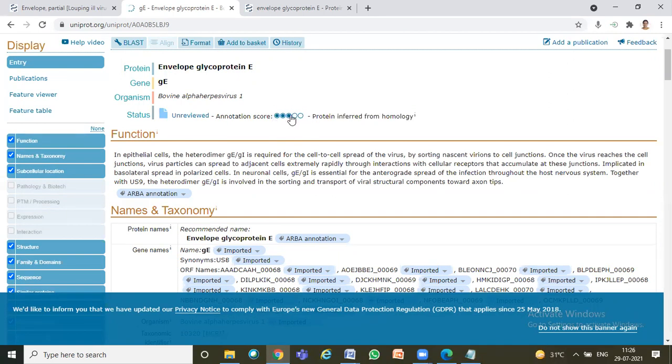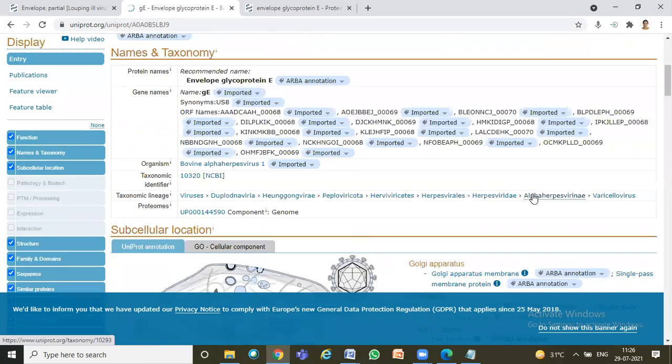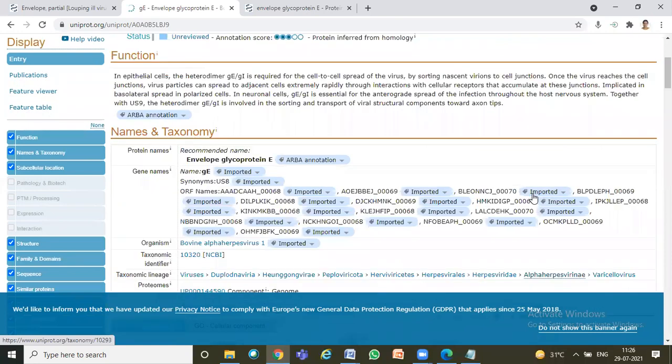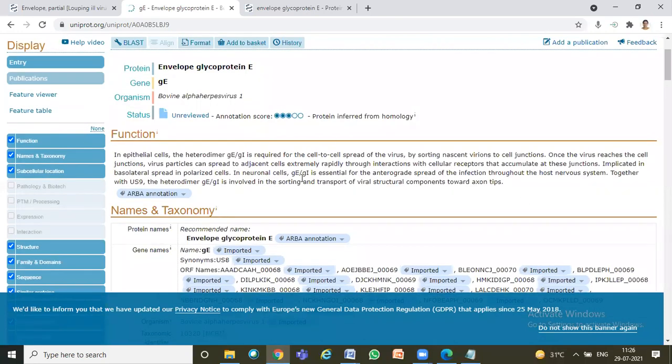It should be 5. If it is 5, it means you will get the Swissprot. If it is less than 5, it is like auto-generated information, so reliability on this information will be relatively less. But still, when we have nothing else, there is no other option. So by auto-generated information, you still have so much functional information.